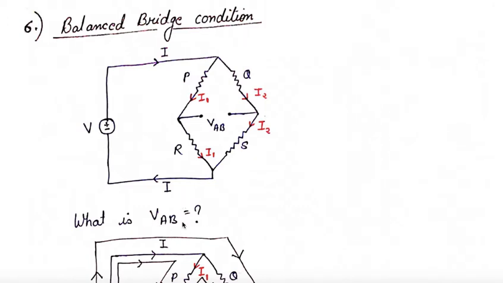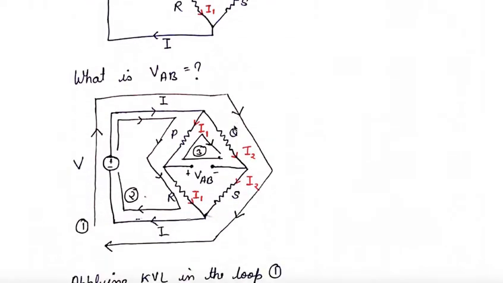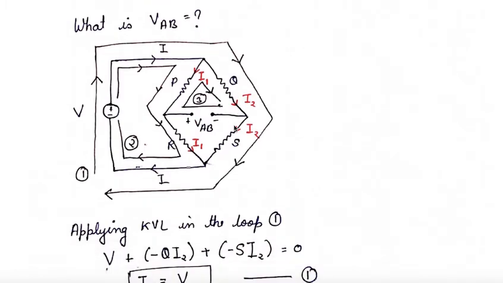So we have to find out the potential difference or the voltage between these 2 points, that is VAB. So again we will redraw our circuit and we will mark KVL here. We will mark our loops here. So this first loop will go across the whole circuit. Second loop will go inside the whole circuit and third loop will go here inside this bridge. And we have marked our currents.